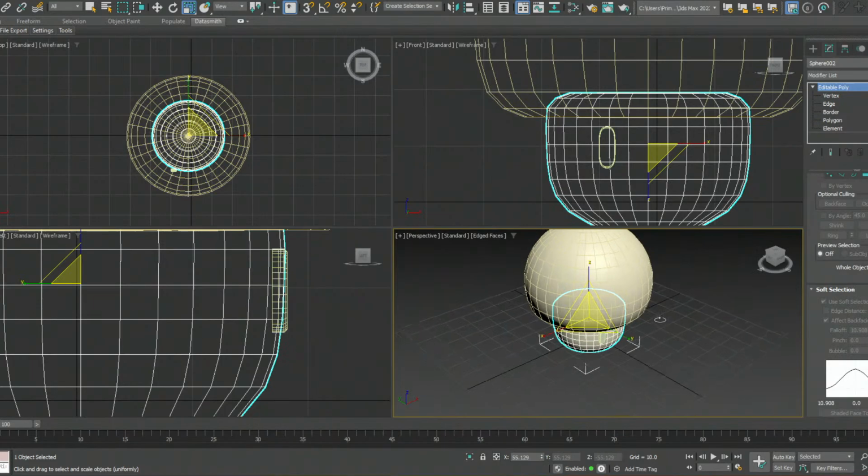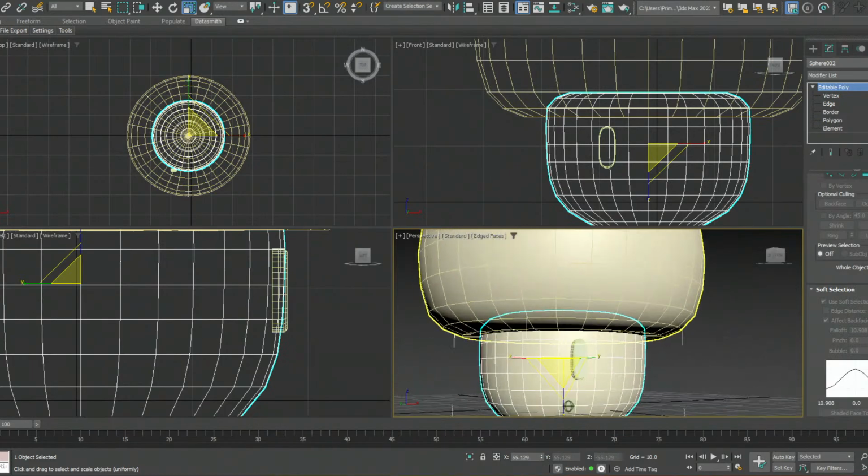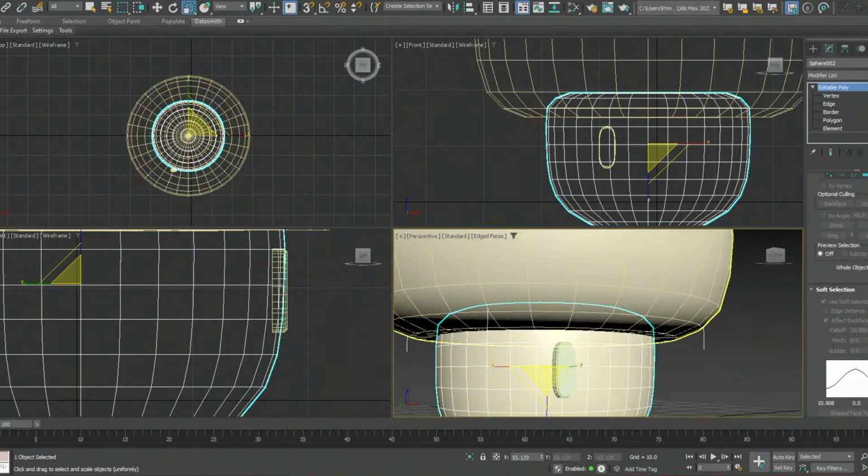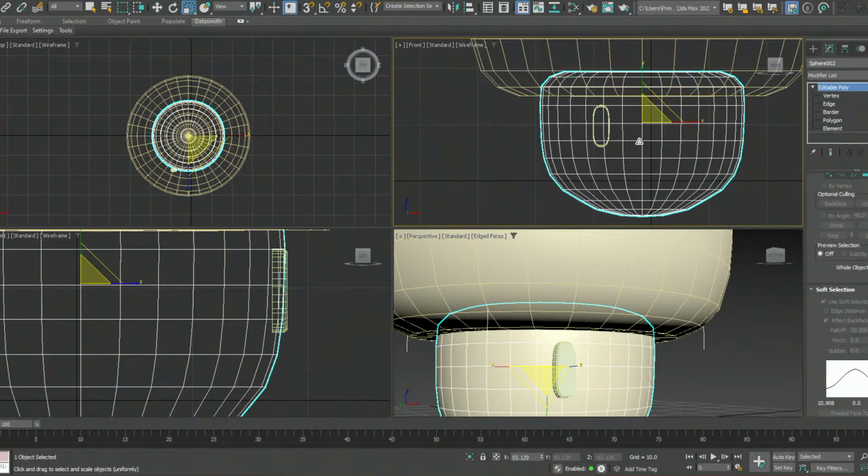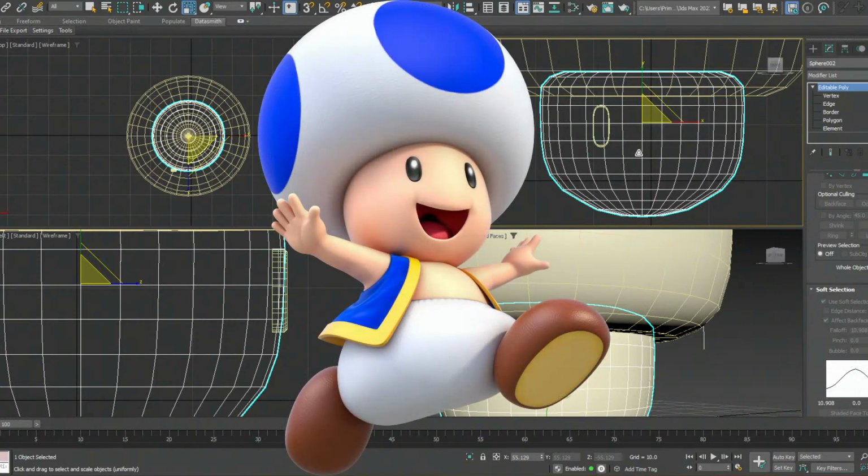So the way I'm just going to measure this, I'm not able to see the two sides or the full front view of the head. All right, so I think the eyes are pretty wide apart, so I'm just going to